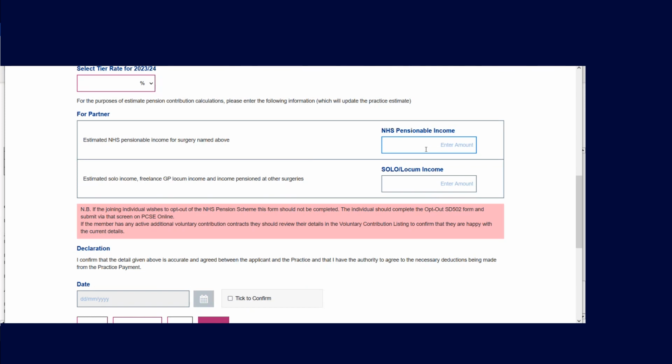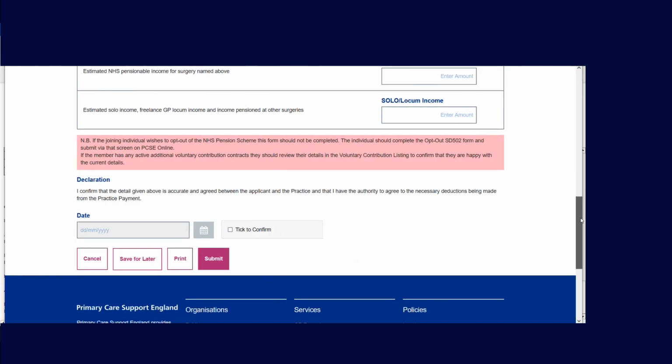Now, you also see here that there is a box to enter any estimated solo income, but once again you don't need to worry too much about that. The key thing is that you reflect the GP's expected total pensionable pay in terms of the tier rate that you select, as we said earlier on, just the same as you would with the estimate form. And then once you have entered all of that information, you can just click tick to confirm and click submit. That comes straight through to PCSE, and as I say, the calculations in the system are automated,